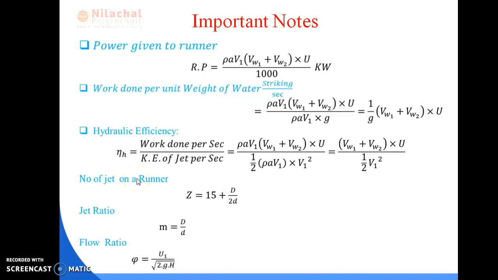But in the case of the Pelton wheel turbine, we have to remember some formulas. The number of jets for a runner is Z, and the formula is 15 plus capital D by 2 small d, where capital D is the mean diameter of the bucket, and small d is the diameter of the nozzle. Jet ratio is denoted by the symbol M, that is the ratio of diameter of bucket divided by diameter of nozzle. Now another formula we have to remember, flow ratio. Flow ratio means the ratio of velocity of blade to that